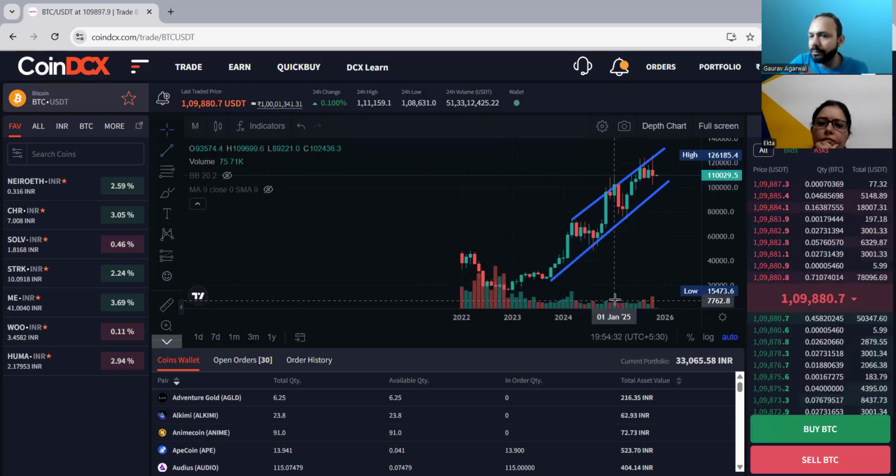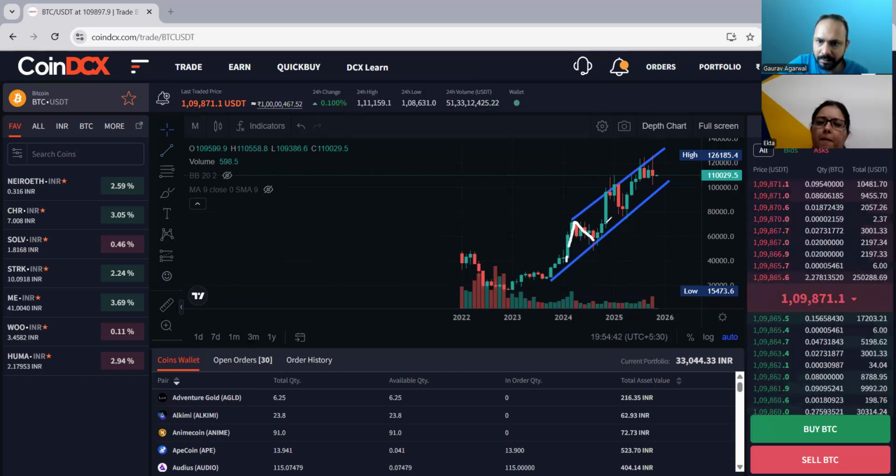Fine. So I have two trend lines, upper trend line and lower trend line. Now you can see that this Bitcoin is trading in a channel, right? It goes up, then down, then goes up. It should come down somewhere on the blue line, and again it will reverse and touch the upper line. So it will keep on going like this. Higher high and higher low, right? These are all higher highs and these are all higher lows.